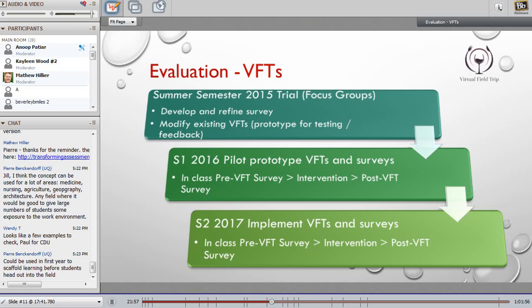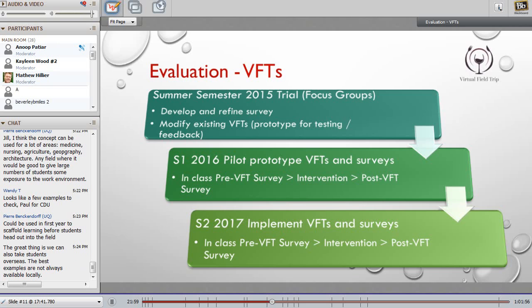And of course you have to capture all the footage. The footage has to be edited, scripted, and then the multimedia team had to put that into the virtual field trip. So while this was going on the side, we wanted to start a plan for the instruments to evaluate the virtual field trip.